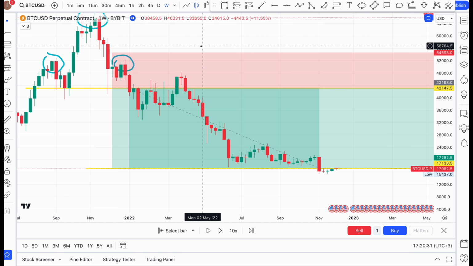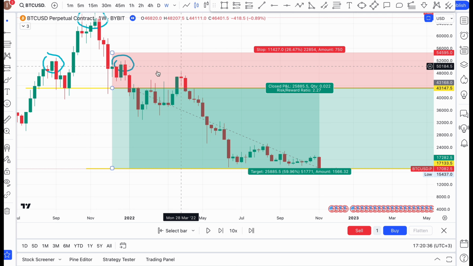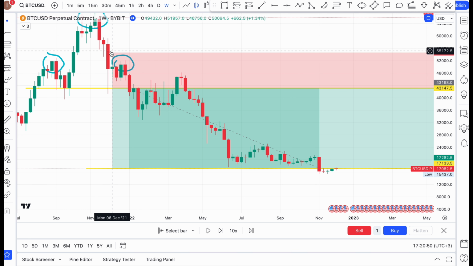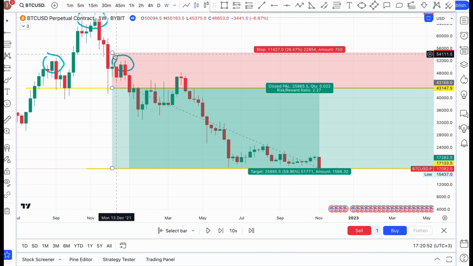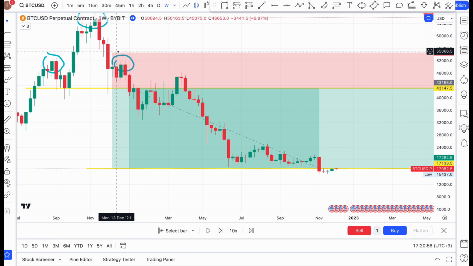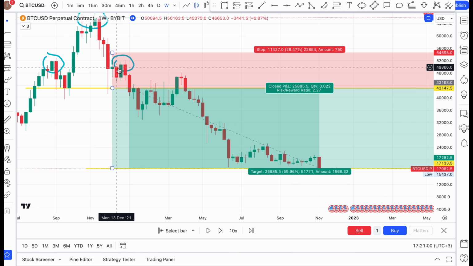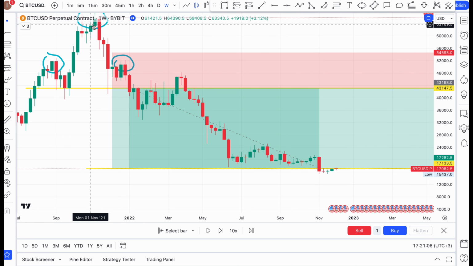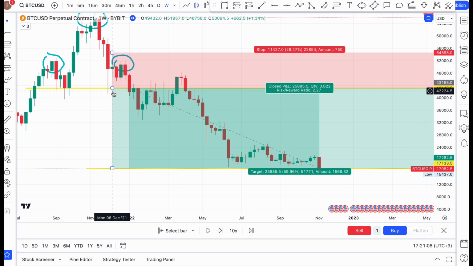Please don't forget the rules of this strategy. I told you that a candlestick must close below the neckline before you enter a trade. Our rule number 2 is that you will measure your TP. You put your stop loss slightly above the right shoulder. That will be where your stop loss would be, slightly above the right shoulder. And your TP would be the measurement from the head to the neckline, times